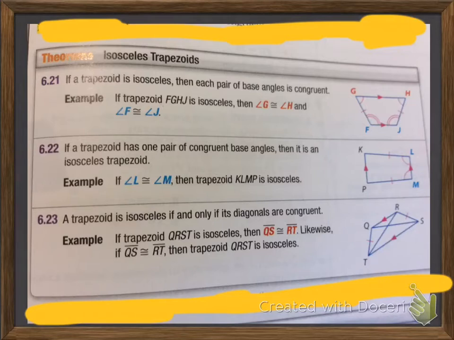And then if a trapezoid has one pair of congruent base angles, then you can say that it is an isosceles trapezoid. And then a trapezoid is isosceles if and only if its diagonals are also congruent. So we're going to use some of these theorems here in the next examples. So the first example here,